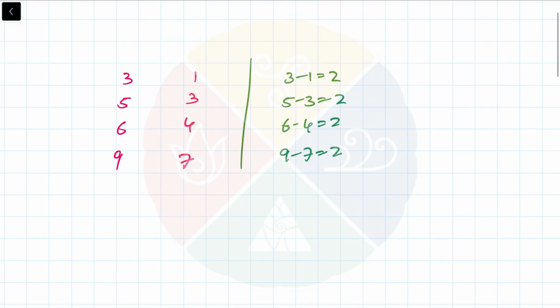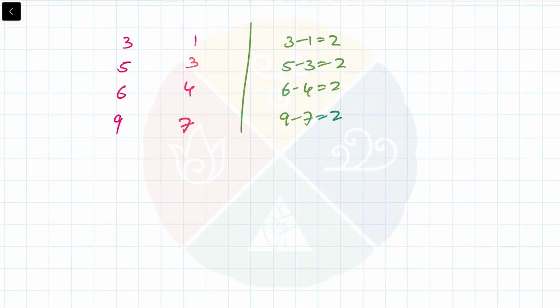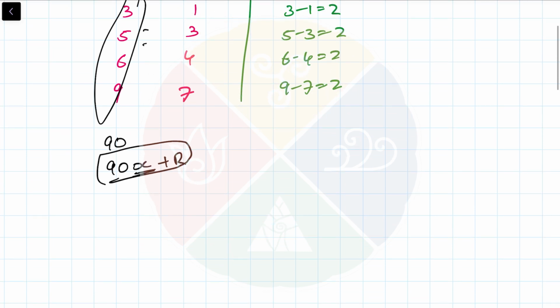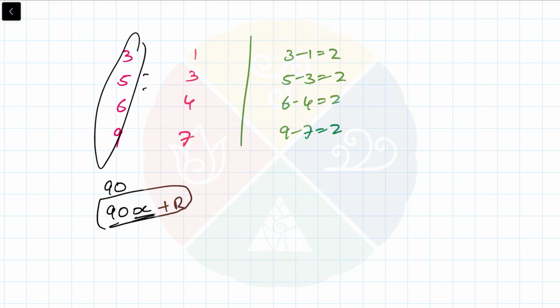That basically means we know that the LCM of these given numbers is 90. We also know that 90x, where x is a natural number, will be divisible by these numbers. If you add any remainder r, then when this number is divided by these numbers, you will get the remainder r. Interestingly, the common remainders which we are talking about in these cases, 1, 3, 4, 7,